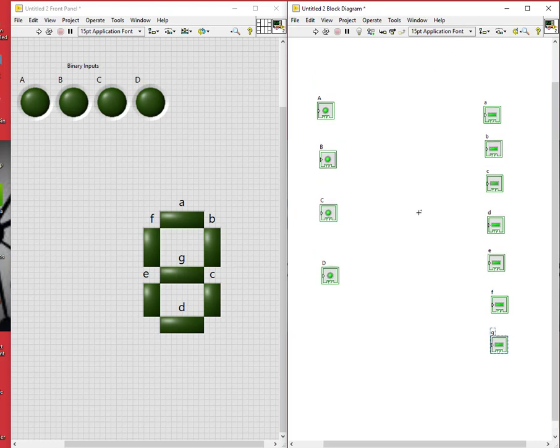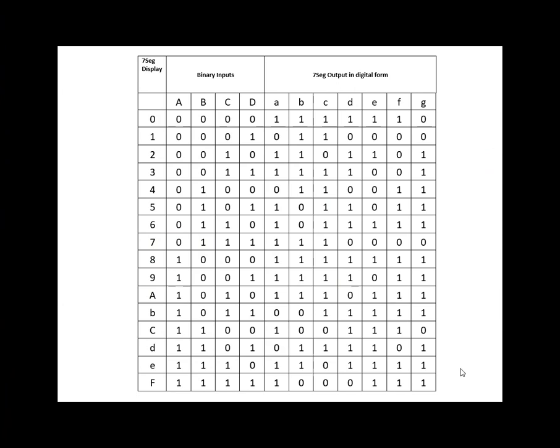So now let's write some theoretical part, because the theoretical part is really important here and we'll dive into it. On the screen you can see the 7-segment display decimal numbers. In a 7-segment display it will display 0, 1, 2, 3, 4, so on to F. That means 16 numbers, hexadecimal numbers, will display, like capital A as 10, small b as 11, capital C as 12, small d as 13, small b as 14 and capital F as 15. And for that we need a binary.